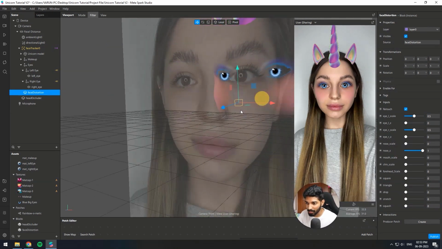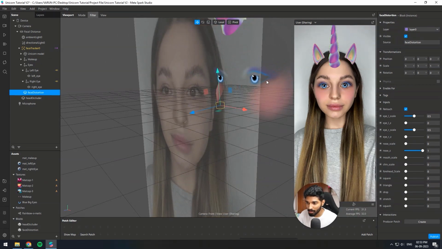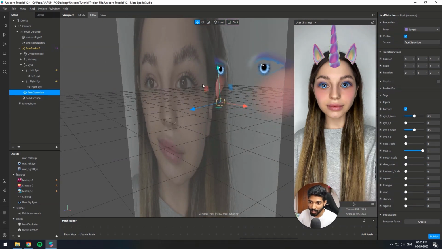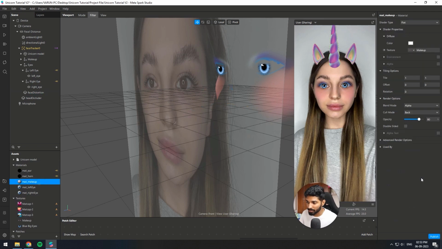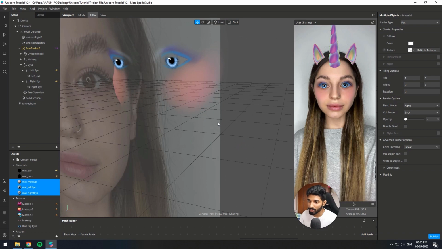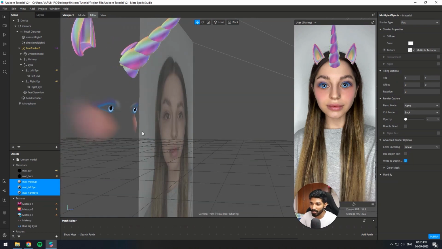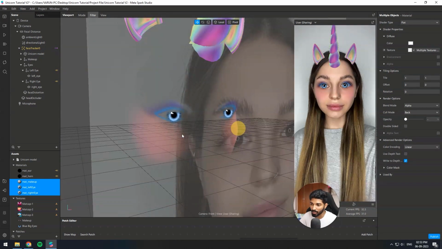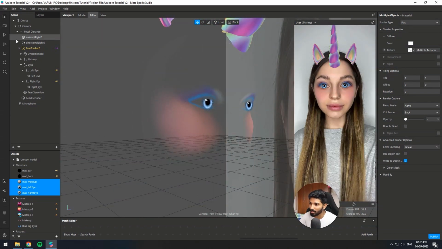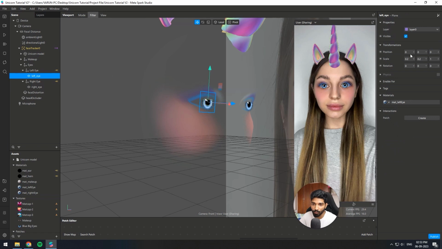Right now you can see this where there appears to be some cutoff. So let's fix that quickly. Select everything and disable depth test and write to depth. So this fixes that. We can leave the write to depth enabled there. It's not doing any change to our project. So right now it looks good, and you can even move this slightly, like